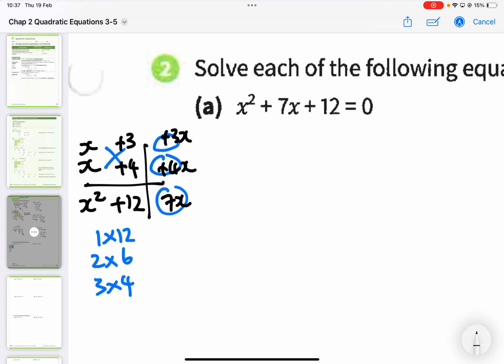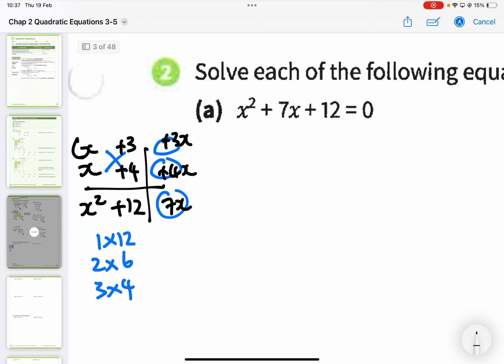Okay? So this x squared plus 7x plus 12 is actually these two brackets. So there is this first step of factorizing. I want to write this as this. Once I'm able to write this as this, then it's like my question 1. What did I do in question 1? I